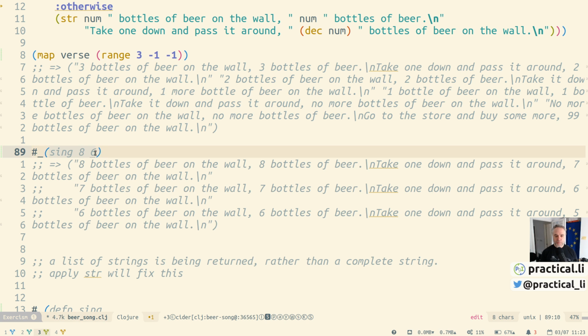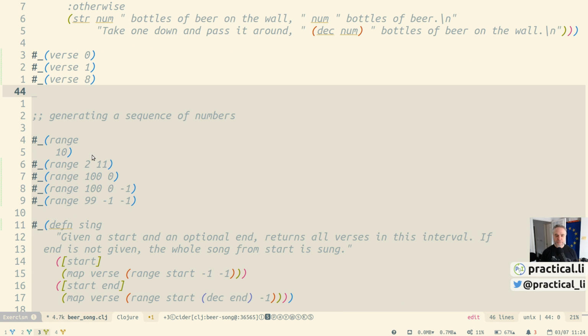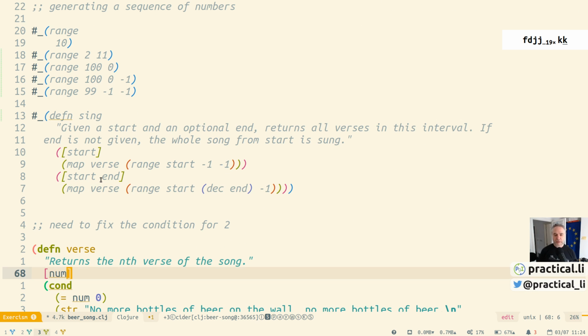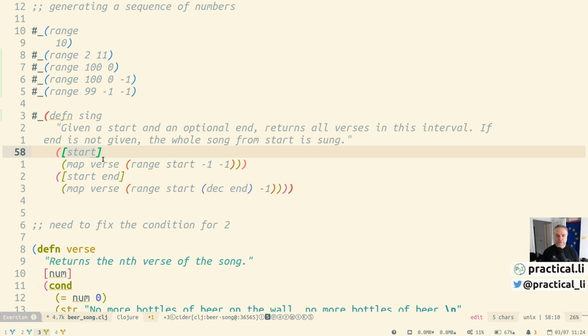And same with sing, we can also pass 8 and 6. And I now realised I didn't actually cover what we did for sing, did we? Oh, okay, yes, we didn't cover what we did for sing. So with sing, we've got a map. We're just mapping verse over our range. We're taking the number that we pass in, start, which is the starting number. So if we just call